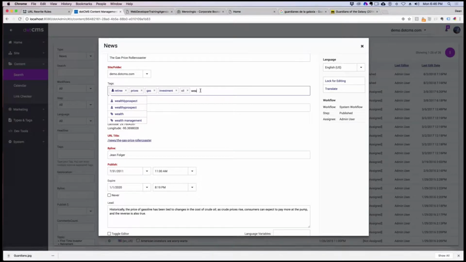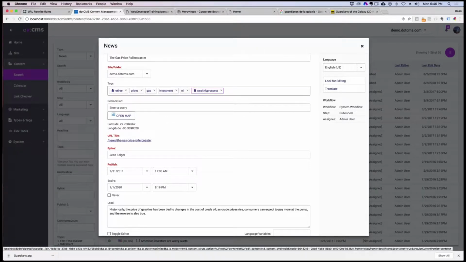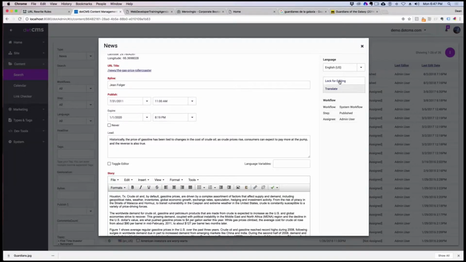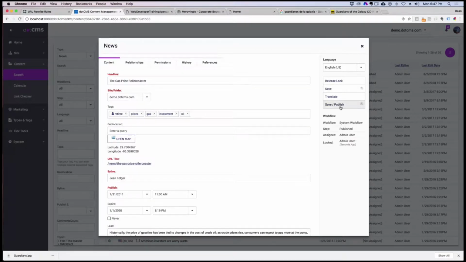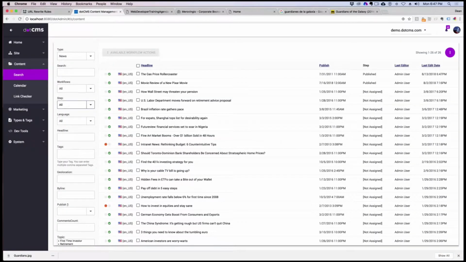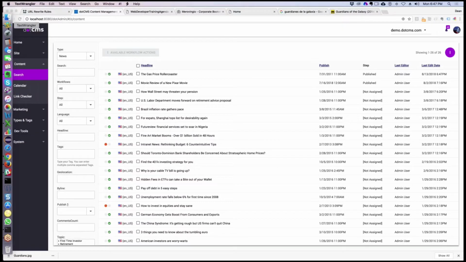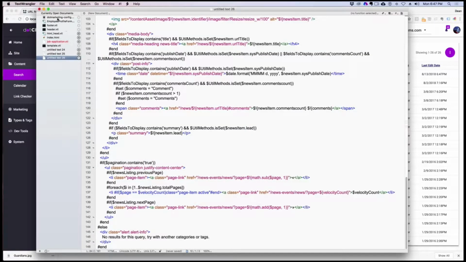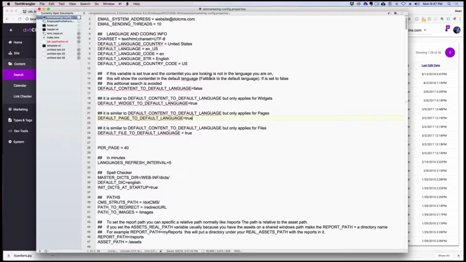But wealthy prospect or retiree, and we can choose one of those, and that applies the persona tag to the piece of content instead of just a regular tag. You can see a regular tag has no persona, no little profile image next to it, right? And whenever we save that on the content, that score weights that by default to 100. If we look inside that .marketing config properties